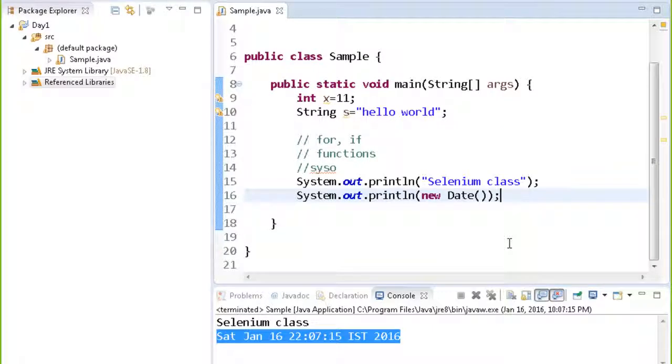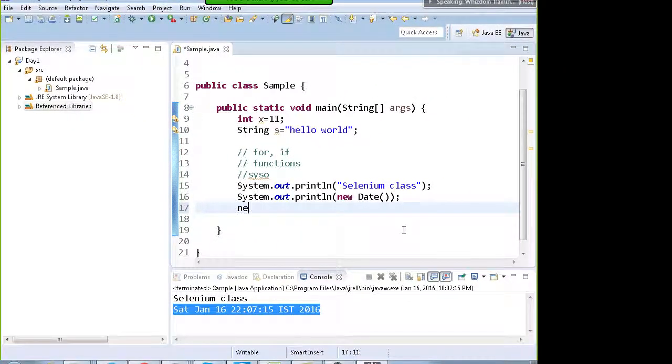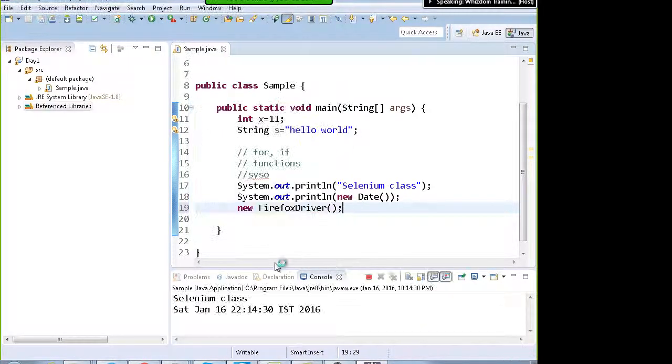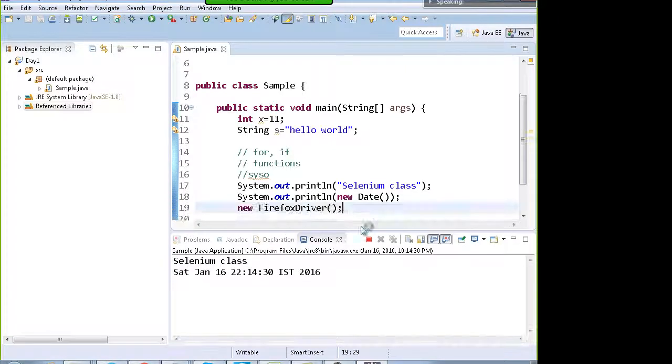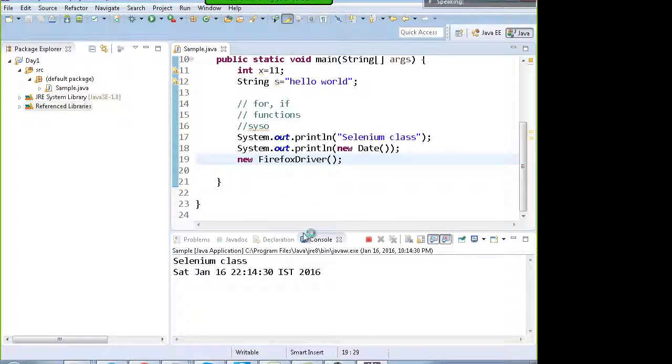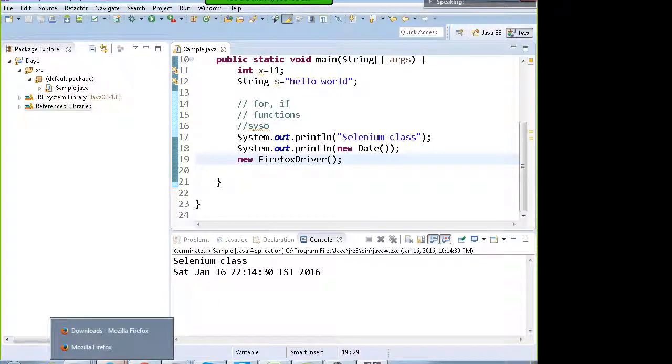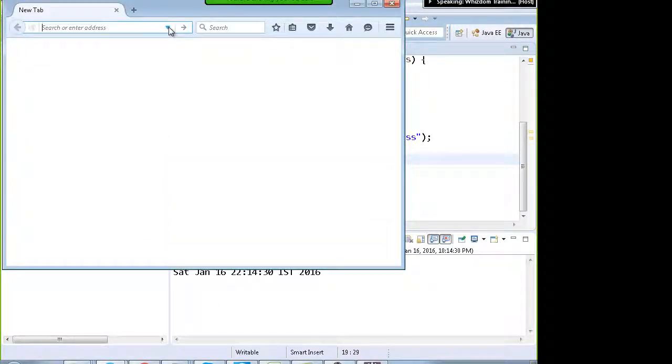Fine. If I give any Selenium command, for example, new Firefox driver, just be with me, I'll tell you what I'm doing. And if I run this code, you will see that a blank Firefox browser has opened.